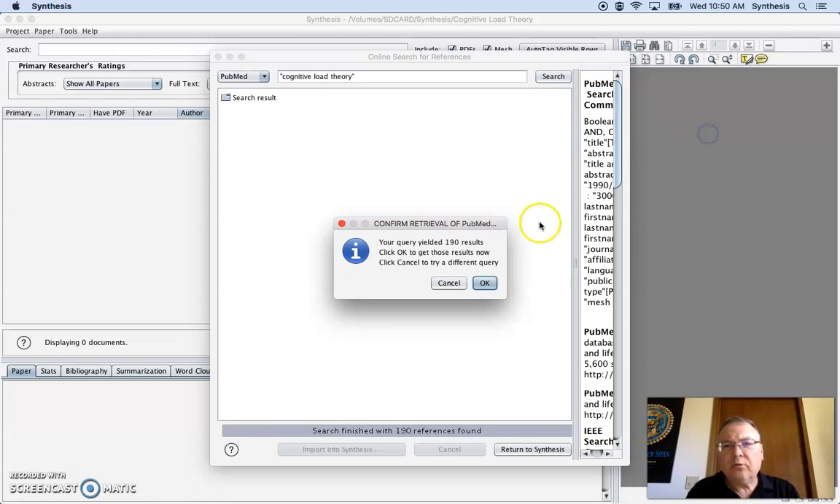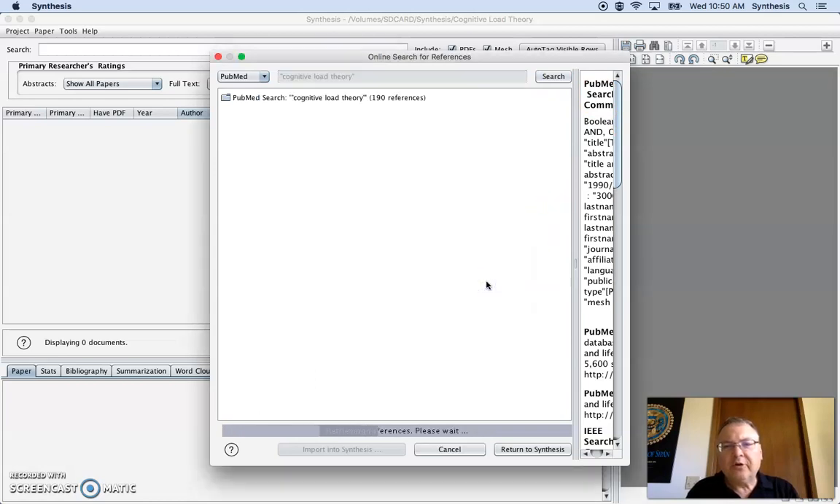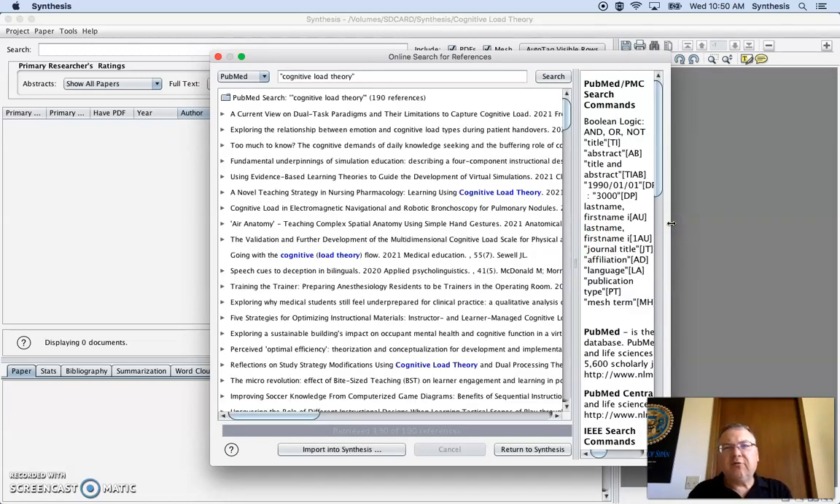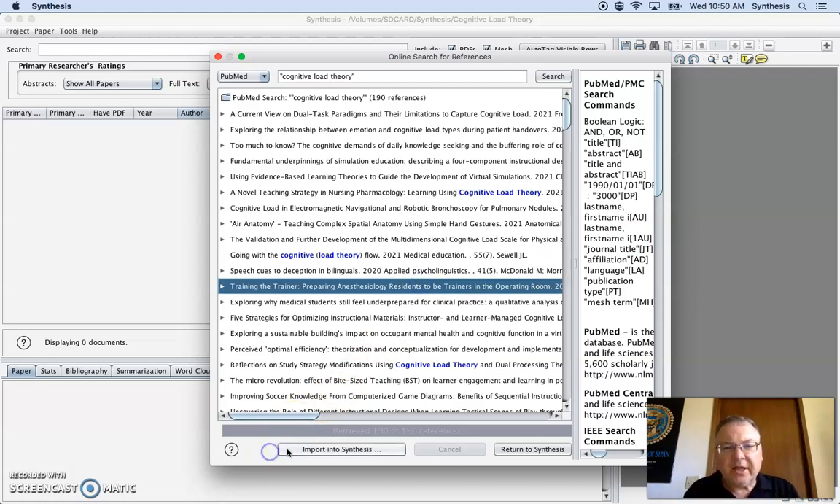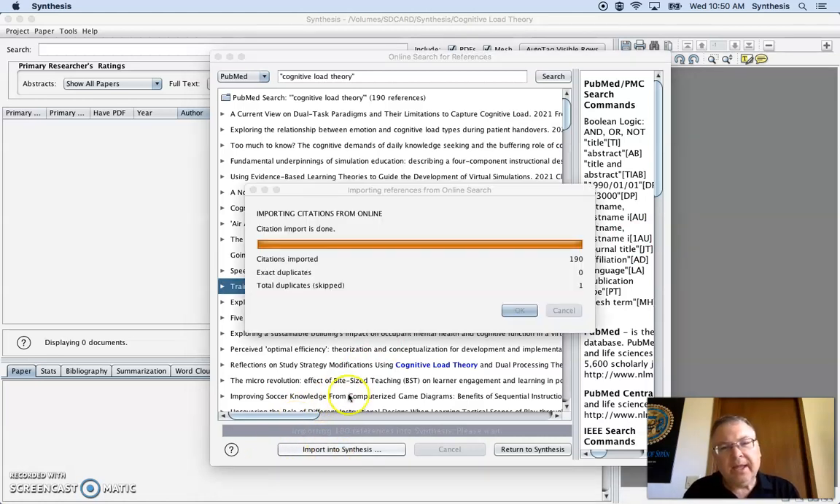The software will search and find the references. We then click on import, and the software will check to see whether we already have the reference. So what we could do is search PubMed, and then search for the same terms one year later, and it will only pull in the new ones. Or we could search Web of Science and Scopus and PubMed, and the software will then